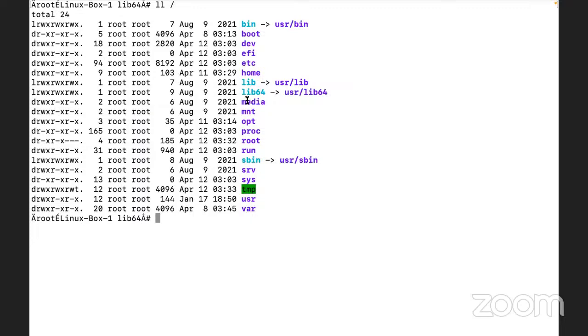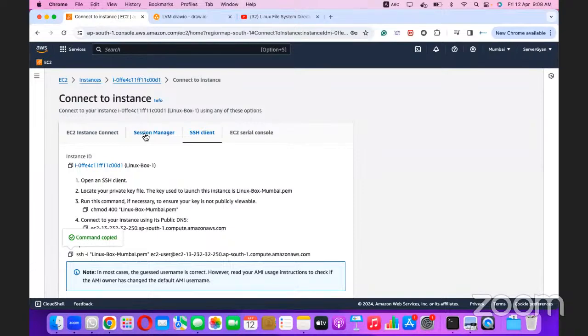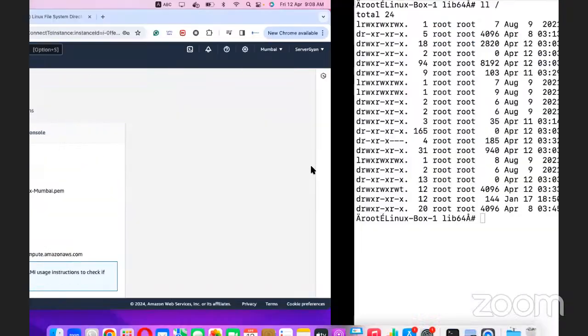After that, we have /media. So guys, keep this in mind. We have two types of OS: either it is CLI, command line interface, or GUI, graphical user interface, right? Yes, sir. So when we are talking about CLI, which stands for command line interface, if we are trying to mount a particular device into an operating system, I'll repeat that again. Mount means, for example, I have a pen drive, I insert it into my laptop and I want to access it. Now, my laptop has a GUI, graphical user interface, so I can click and perform whatever operation is required, right?